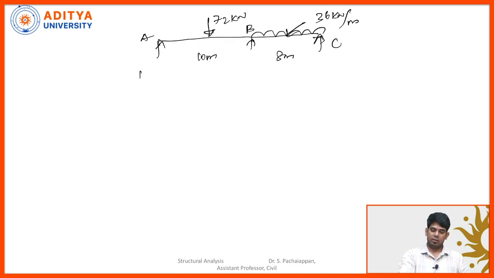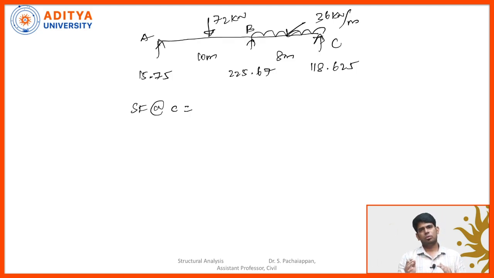Let's mark RA we computed, which is 15.75. RB is 225.67. RC is 118.625. Okay, so let's take shear force at the point C. When you are going left to right, you consider the upward forces are positive and downward forces are negative. When you are coming right to left, upwards are negative and downward forces are positive. Now I am coming right to left. So I am taking this value as a negative value,